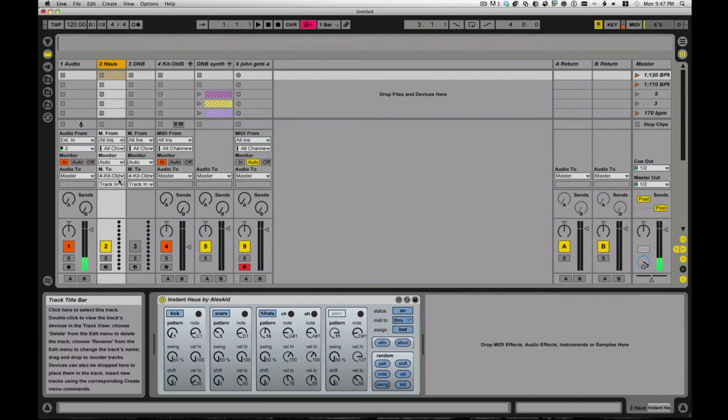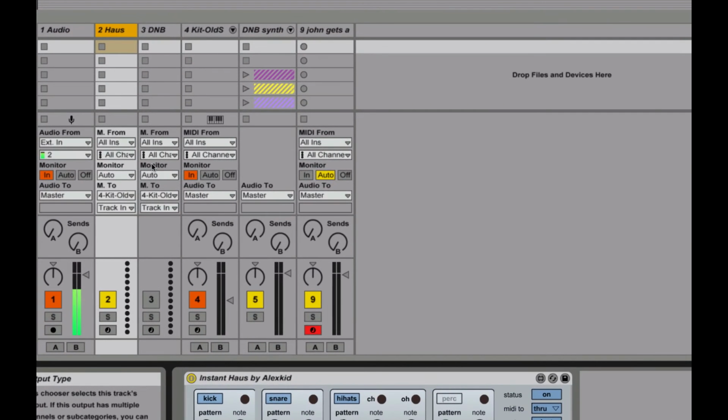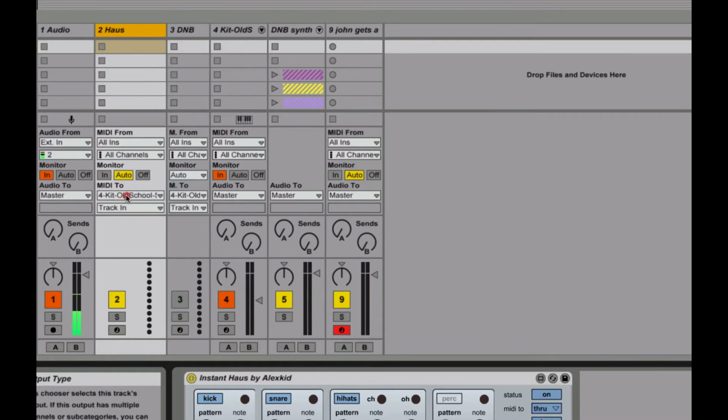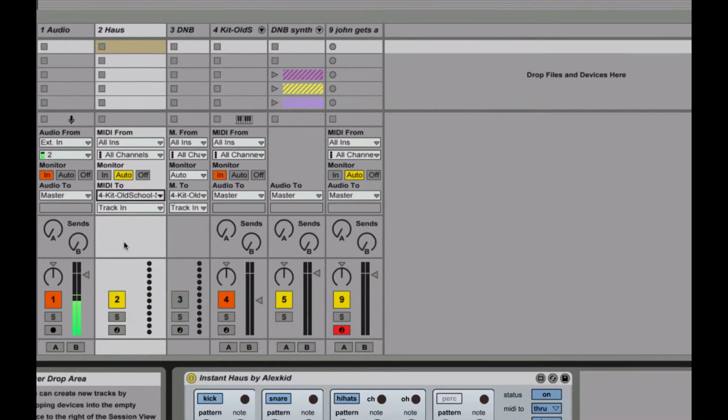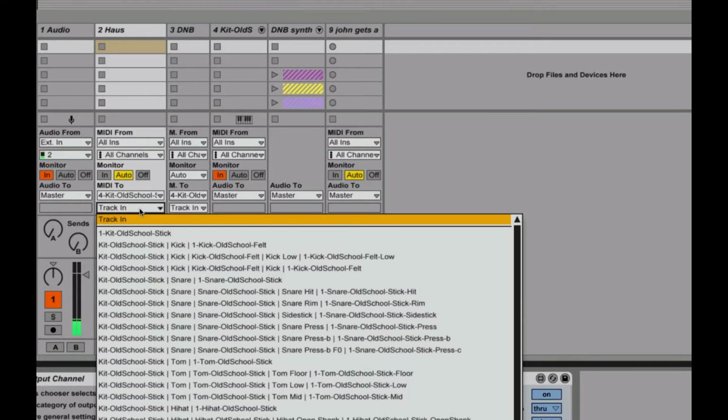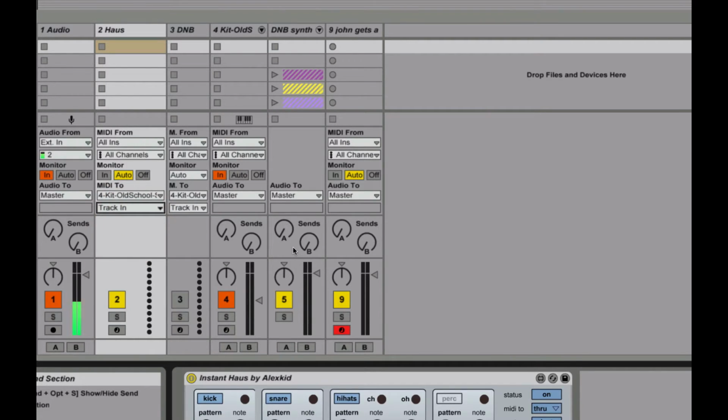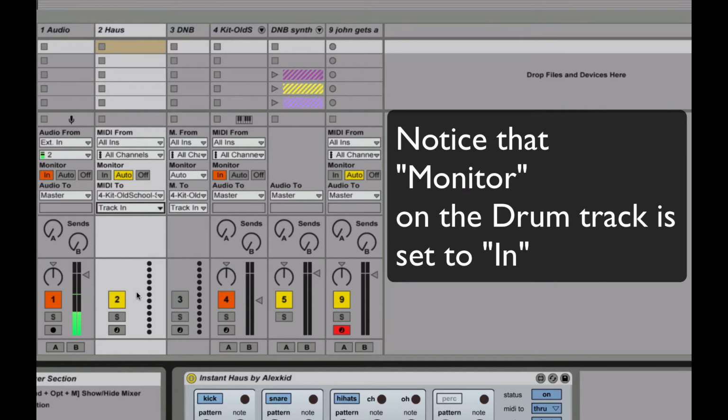I have to have MIDI on this track, and you'll see in my routing section here, I open this up a little wider, MIDI To, and I send it to the track that has the Kit Old School Stick on it. You'll see I am not sending it to individual drums, I am just sending it to the track. You can get really fancy with the Ableton routing, and we don't want to go there just yet. So anyway, as soon as I hit play,